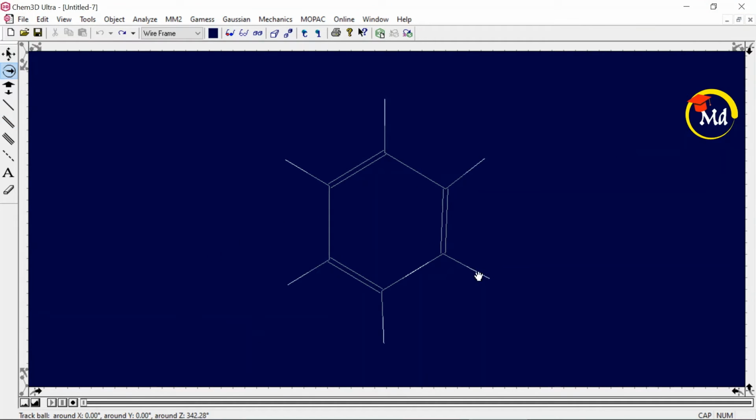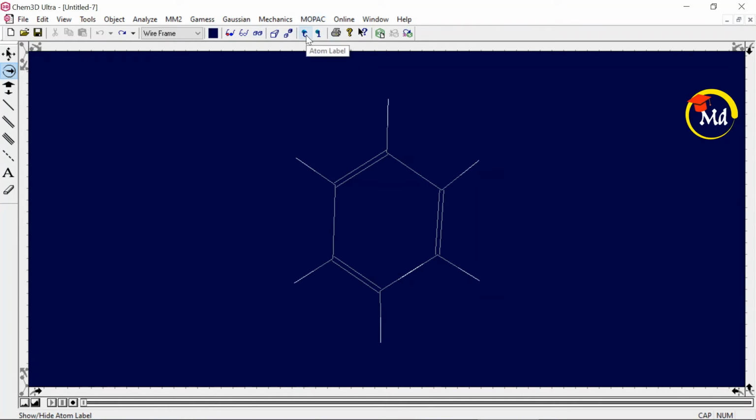Here you can see this bond is somewhat different from the others, as here the connection is not between carbon and carbon, but between hydrogen. I will show you. Better, whenever you draw a structure in Chem3D, you just label these atoms. Once you label it, you will see this is the hydrogen and this is the carbon. The hydrogen of this carbon is connected to this carbon. So we need a carbon-carbon bond.